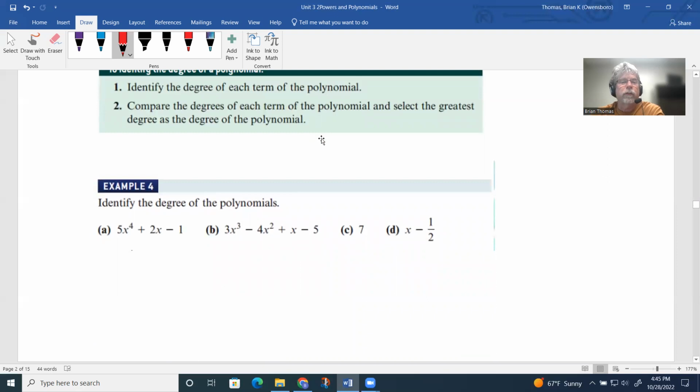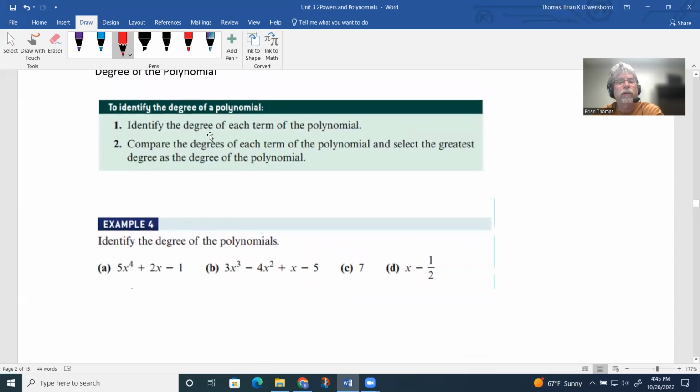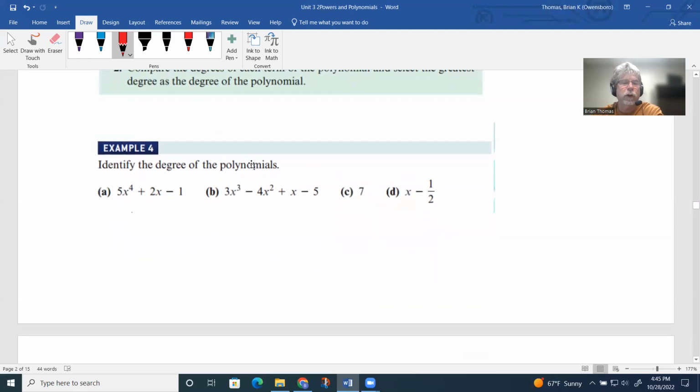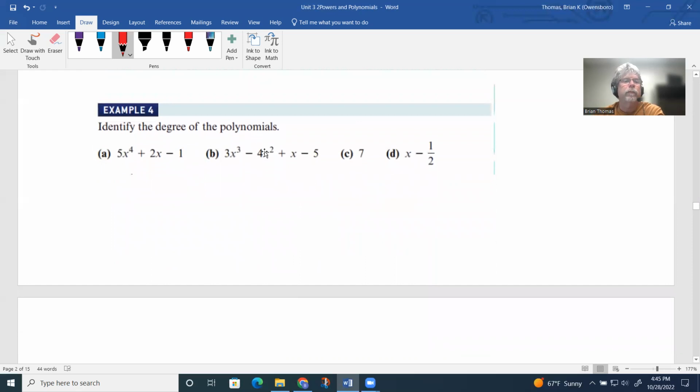So if I want to identify the degree of the polynomial, what I want to do is identify the degree of each term. And then I want to compare the degrees of each term of the polynomial and select the greatest degree as the degree of the polynomial. That's what I was trying to get out a minute ago. So if I look at these examples here,